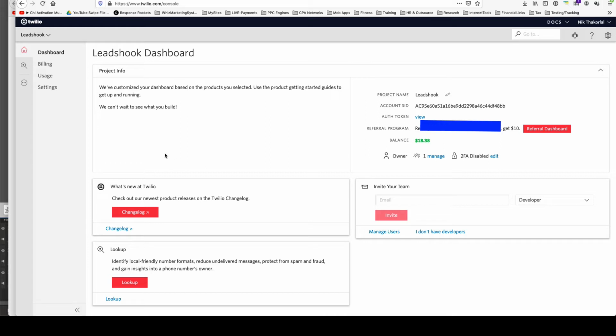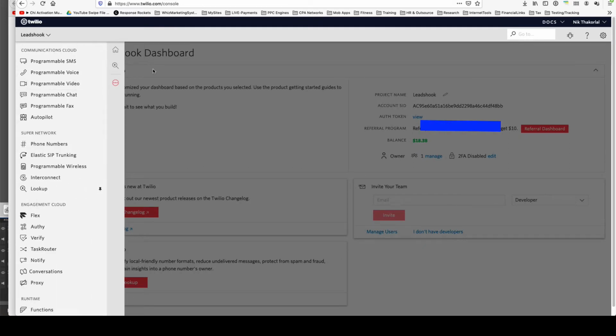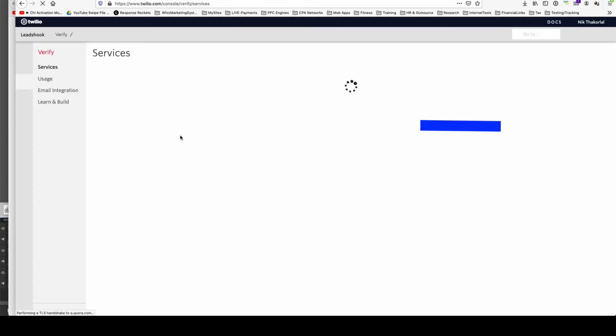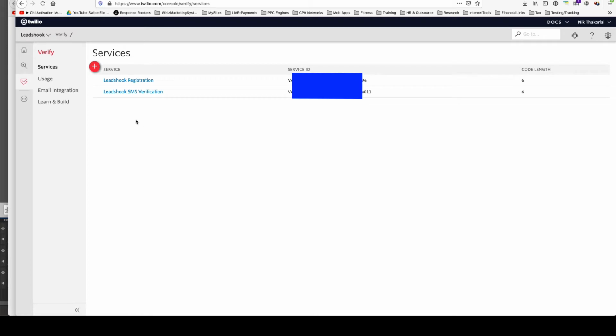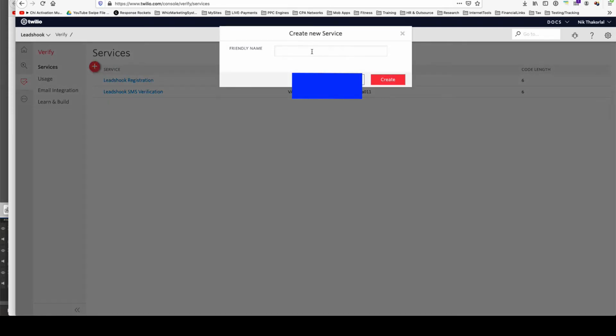What we're looking for is to come down here and click that little button there, the one with the three dots. Hopefully I can show you that again, three dots there, and click on verify. Okay, so what I'll do is maybe pin that, and let's click that. So when you get to verify, yours will probably be blank. I've got two services already here just for testing, and what we want to do is go ahead and click and add in, let's say,